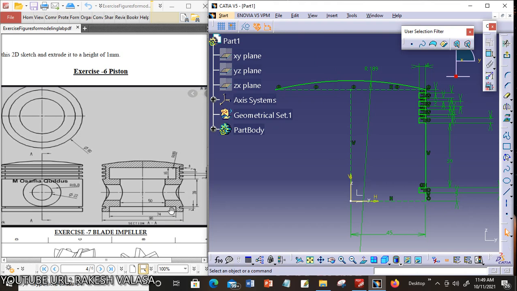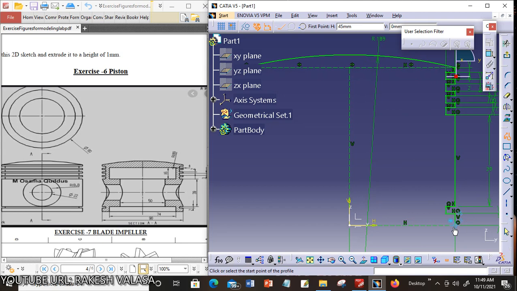Now similarly you have to construct the inside part by using the profile tool.